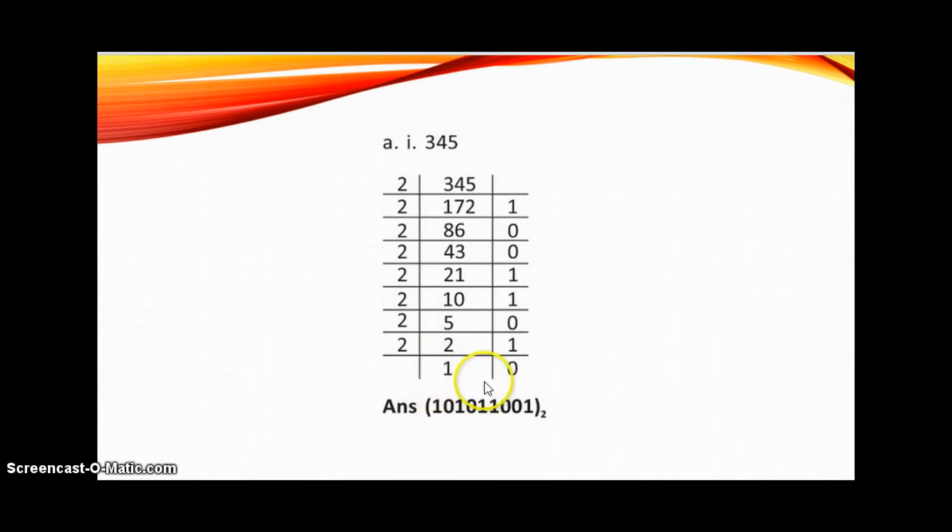So we have obtained our binary number. How will we write this? By writing the remainders from bottom to top. That is, we will write 1 0 1 0 1 1 0 0 1. So this is the number. We have to write it like this,